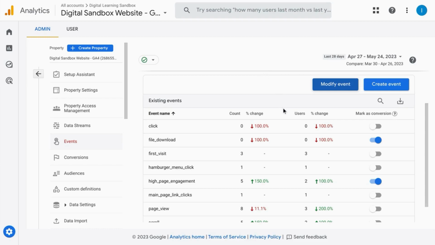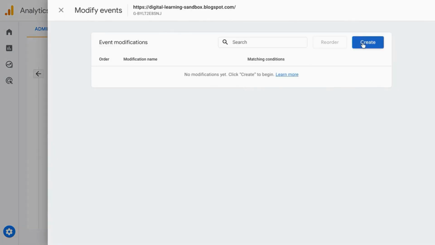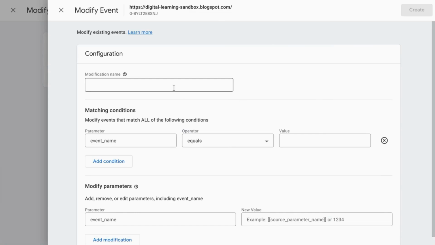If you want to modify an event, you can do that in the GA4 interface as well. For example, there's this click event, which is actually only for outbound link clicks. Now, the event name here, click, can be kind of misleading because you might think it's for any clicks, any event clicks that you want to track on your web property. So what we can do is click on Modify Event, create a new event modification, and we can name this Click